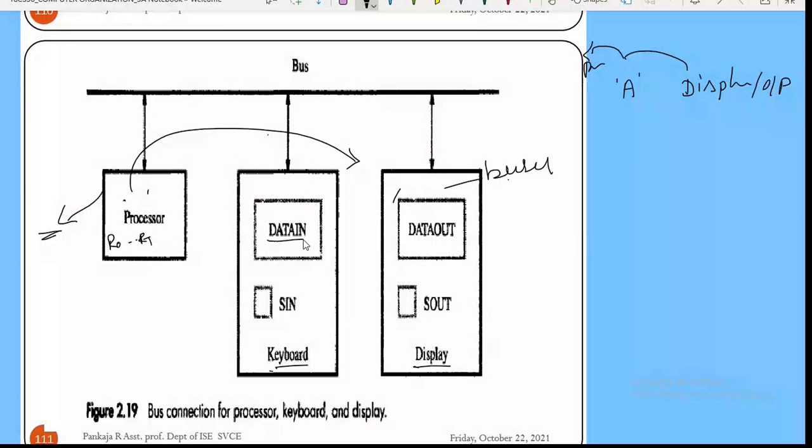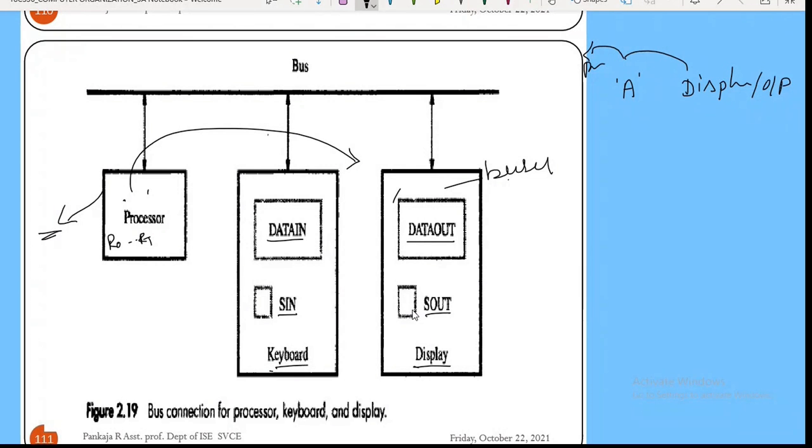Okay, so we have an input device called data in, and an output device called data out, and also a flag. Yesterday I told you it will store the condition code flags, that is with respect to the processor. Even the input device has some flags, not registers. In the status register, we have one flag with respect to the input device, and another flag with respect to the output device. So this is the signal for the input device and the signal for the output device. When exactly these flags are used, we'll just discuss.